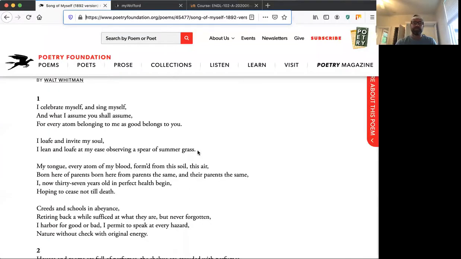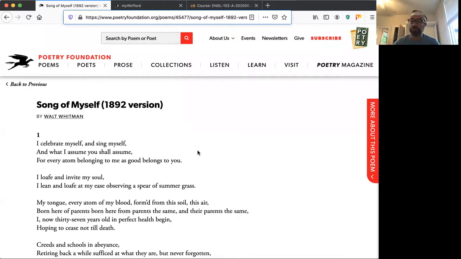So this is the 1892 version of Song of Myself, which is coming from a book. The book that he wrote and spent most of his life revising was entitled Leaves of Grass. And it's worth looking into. That's the title of the book. And if we think about this, and then we'll look at Song of Myself in a moment,